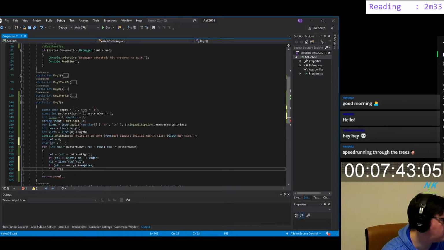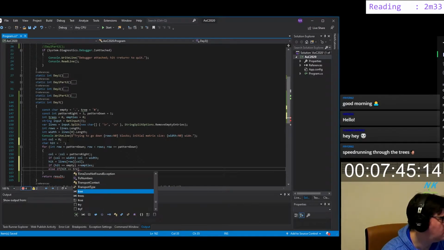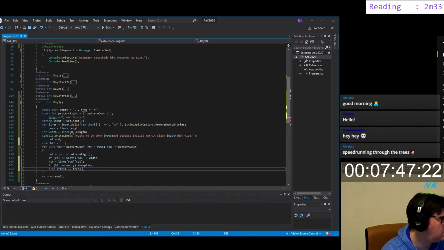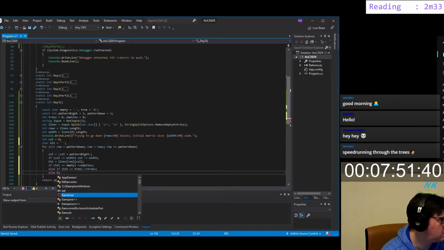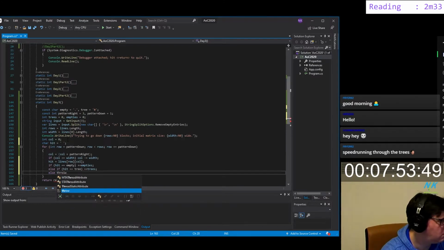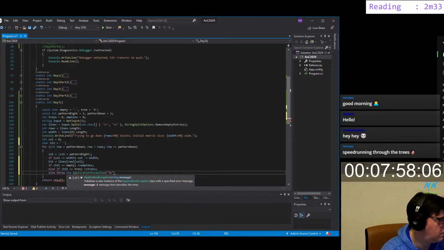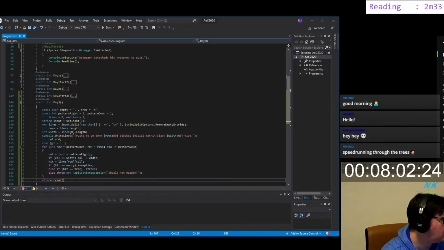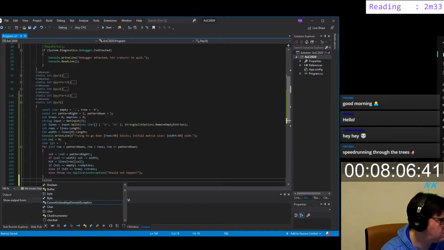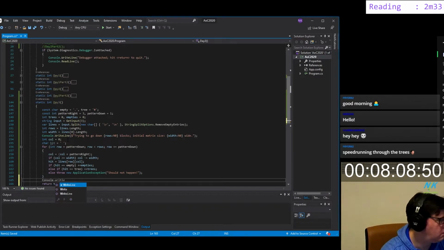Else if hit equals tree, trees, else throw new application exception, should not happen. Okay, and now we can just say return trees, console write line